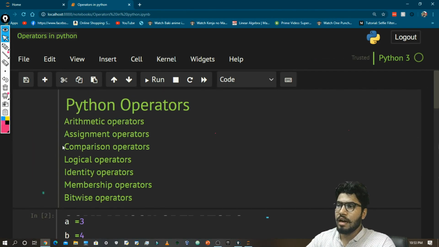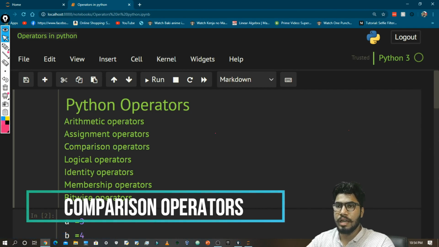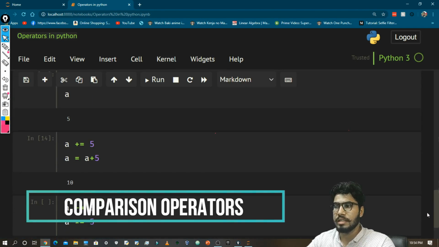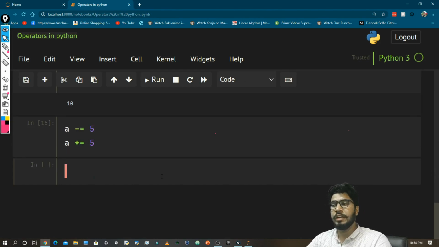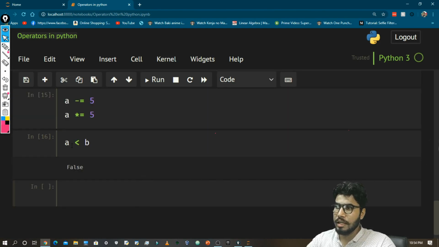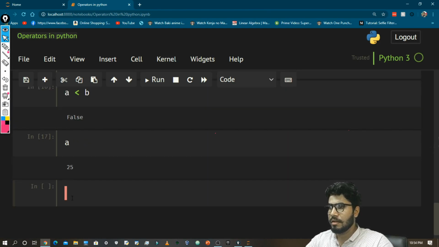The third operator is comparison operators. They are used to compare two numbers or things like that. We mostly use them in if else conditions, or when we are using a while loop. So let's see. Comparison operators are like this: A is less than B, which is false because A is 25 and B is 4.